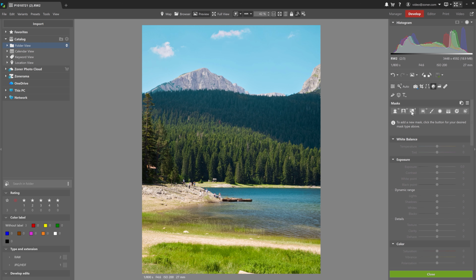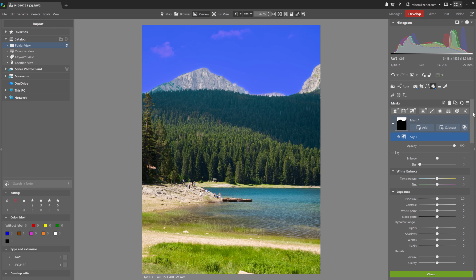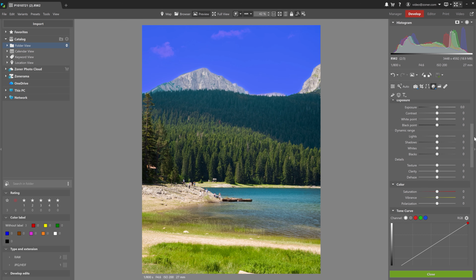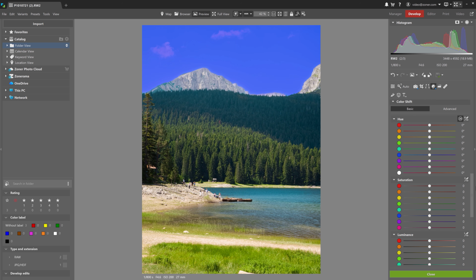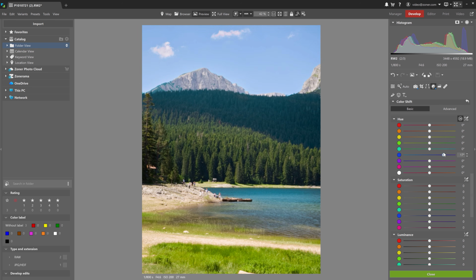So I'll open local adjustments and create a mask. I can use one of the AI masks such as sky or subject, or create my own using a radial gradient or a linear gradient. Once the mask is ready, I'll open color shift, just like we did before, and now every adjustment only affects